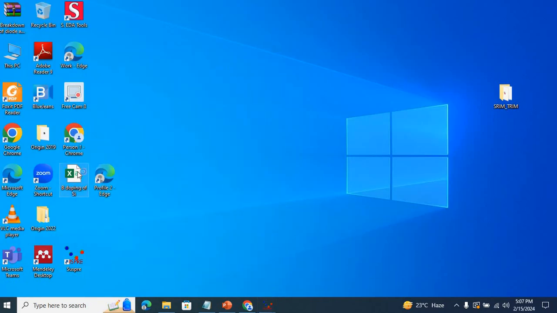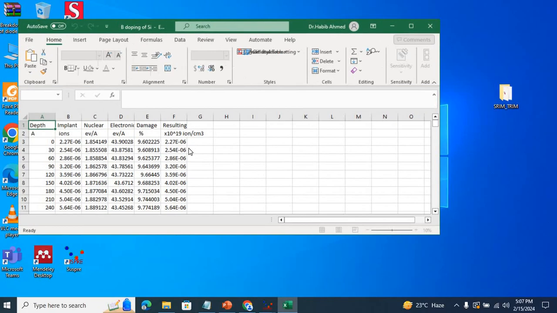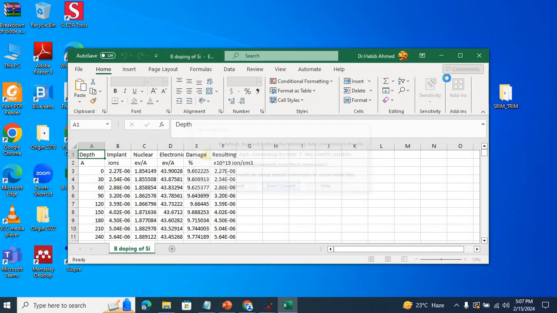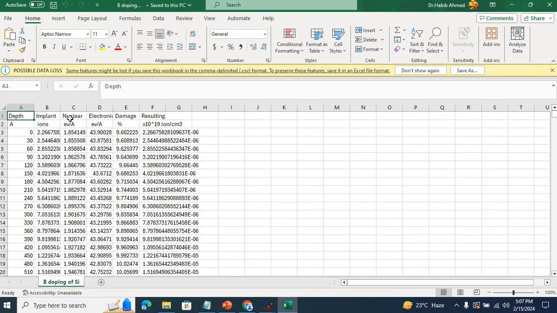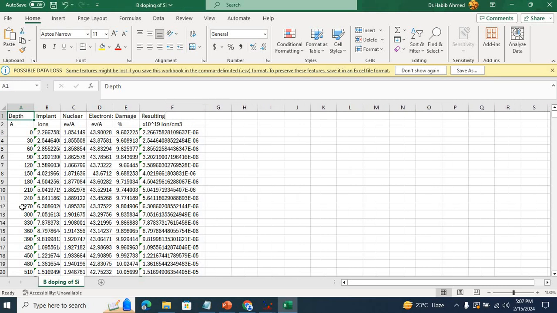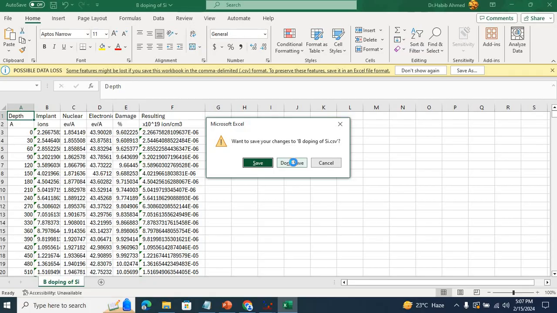So here you can see the results in Excel format. Here you have a column for depth, and then implant ions, nuclear energy loss, electronic energy loss, damage, and the resultant carrier concentration as a function of depth. So then you can plot them in Origin or some other software in order to achieve better plots for publication purposes. I'm going to close this file,